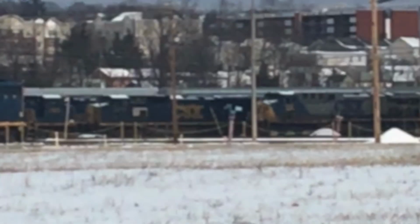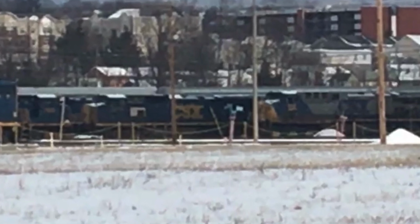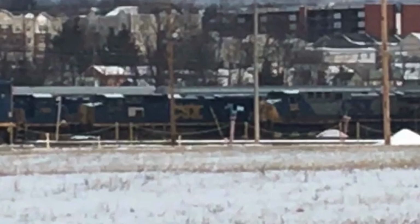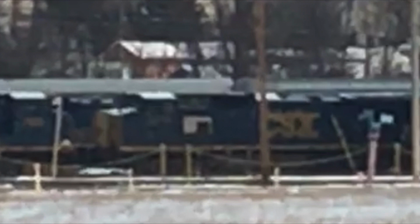Some more interesting power we caught in the deadline would be SD50-2 number 8863, which is only one of 9 SD40-2s left in YN2 paint. A few other locomotives we were able to see in the far distance happened to be C40-8W number 7821 and AC4400CW number 129. But the locomotive you actually see here in between those two locomotives happened to be C40-8W number